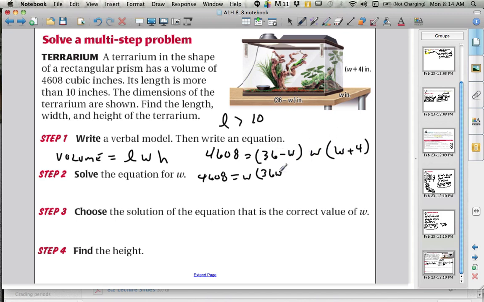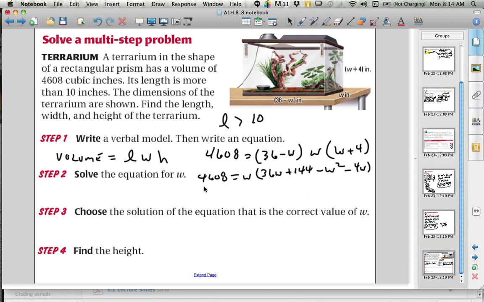36 times w gives me 36w. 36 times 4 is 120 plus 24, so that's going to be 144. And I have minus w times w, that's minus w squared. And minus w times 4 is minus 4w. And when I combine like terms,